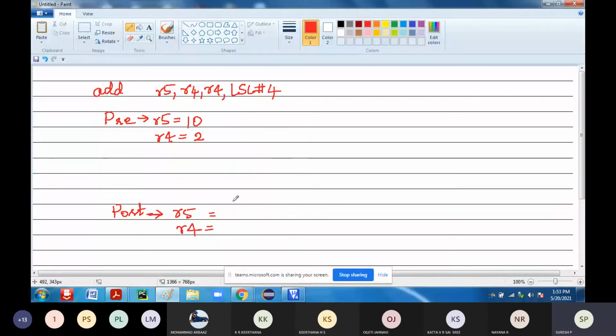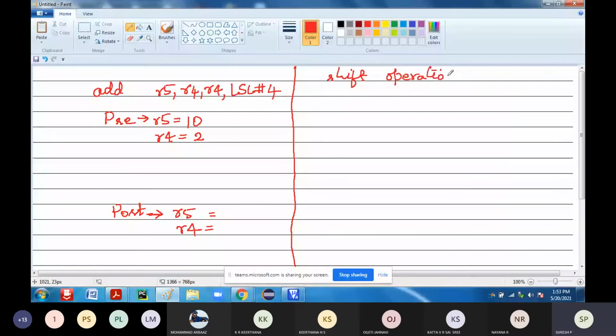This type of question is important in your exam. This will be asked for 4 to 5 marks. It is easy. Don't lose the marks there. Go step by step. First, do the left shift operation. If you are not understanding, just do shift by 1 bit. First shift, second shift, third shift, fourth shift. So how many shifts are going to happen here? It is 4 shifts. Okay. First, you perform the shift operation.